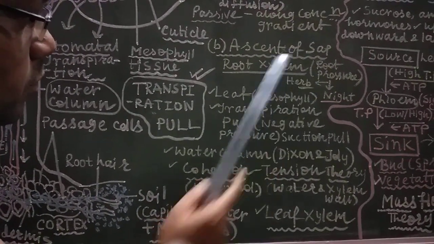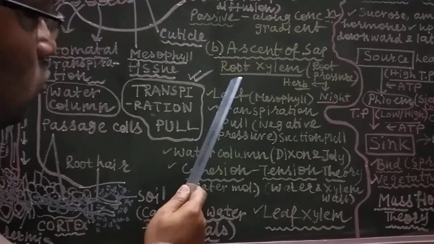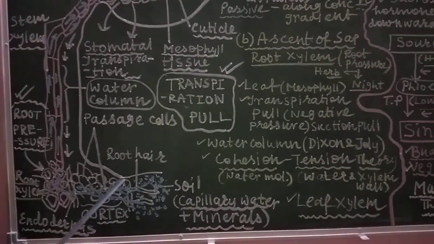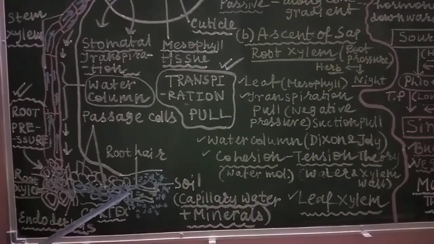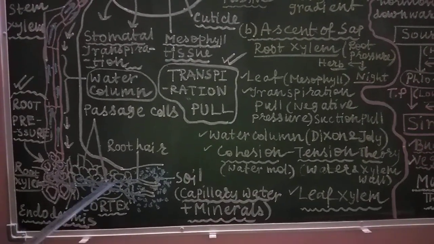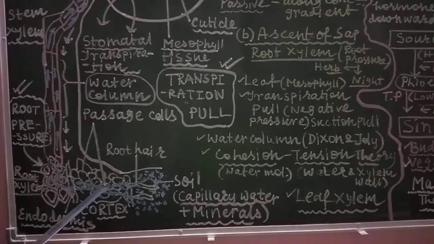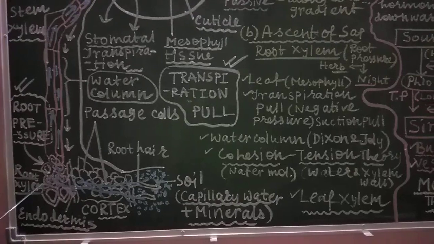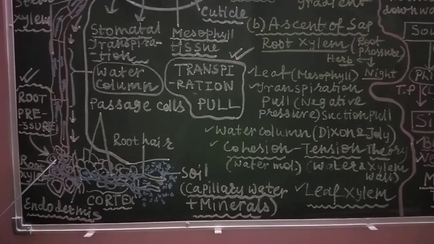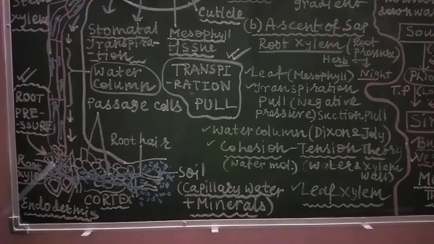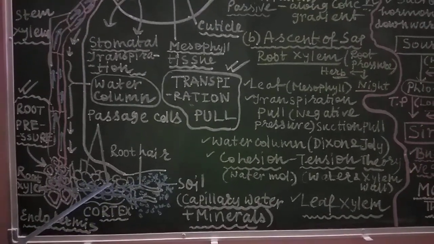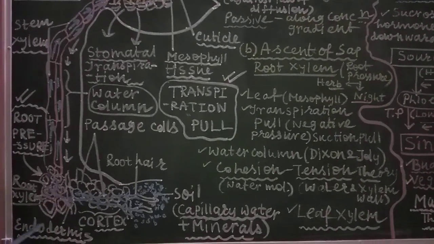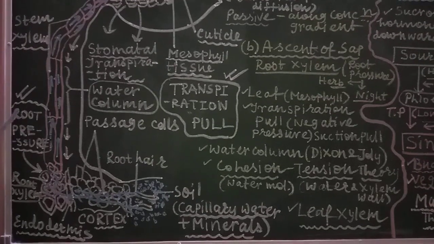And in this process root pressure also helps. In this way, first of all, water enters the root hair, then it goes to the cortical layer, where the cortical cells are. You follow these blue arrowed lines through which the cortical cells are there, then water is moving here. Here is the endodermal layer which separates the cortical layer and the root xylem. But from here, these cells are called passage cells, through which water enters from the root hair cell up to this root xylem. Here root pressure is the physical force